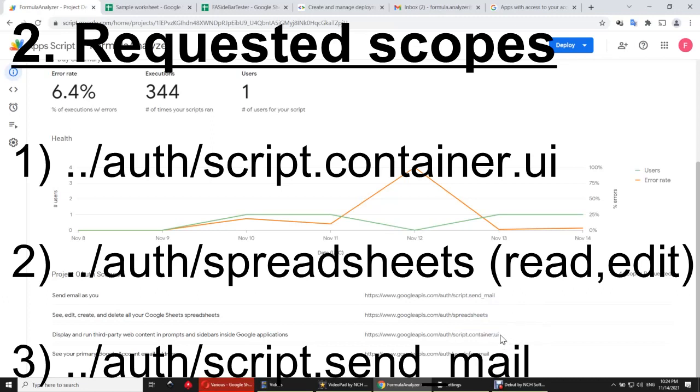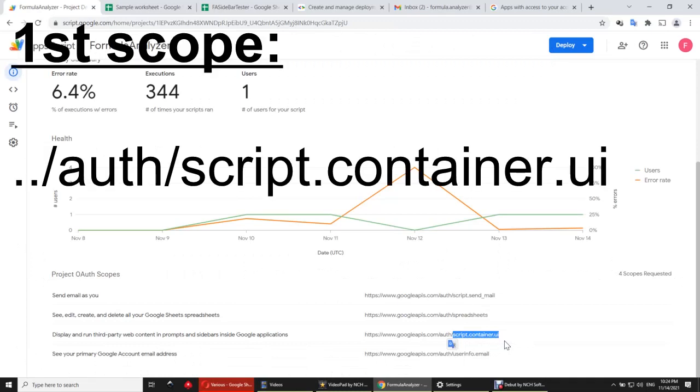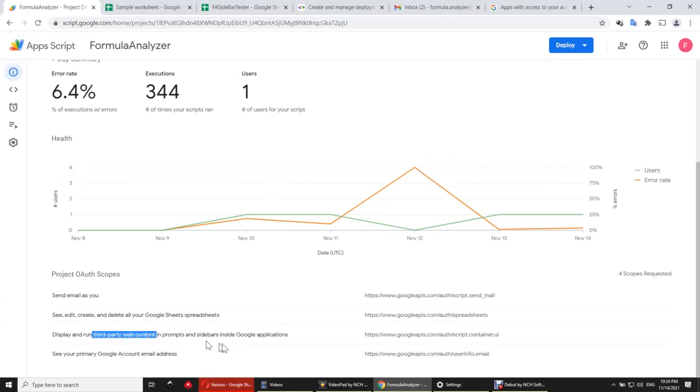So I will start with the last one, script container UI. I'm actually not sure I really need it, unless jQuery or maybe SVG images are considered as third-party web content. So I'm not sure I really need this permission. For the other two, I'll go back